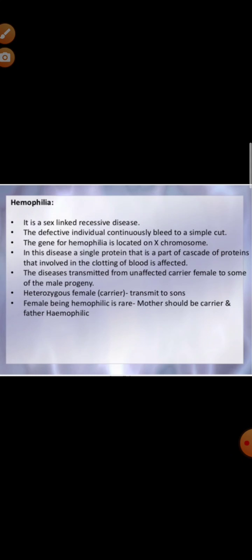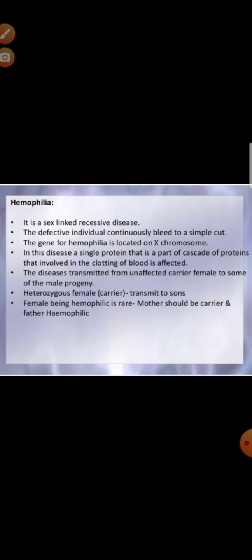Males are having XY, so one X chromosome is found. And the defective allele will produce a non-functional protein, which later will form a non-functional cascade of protein